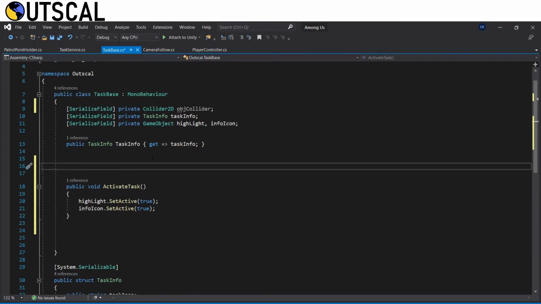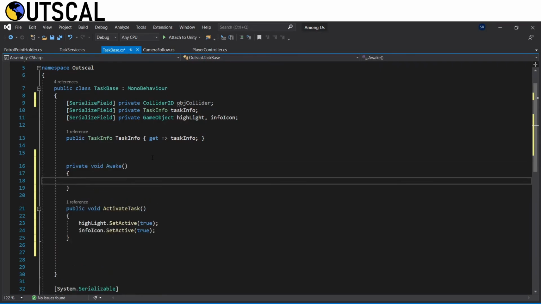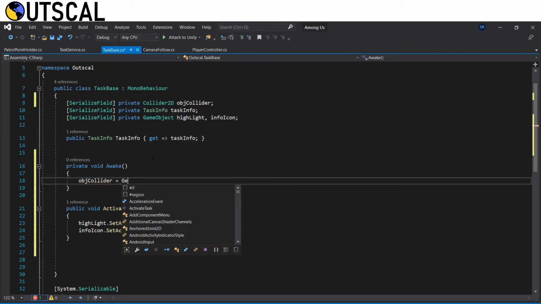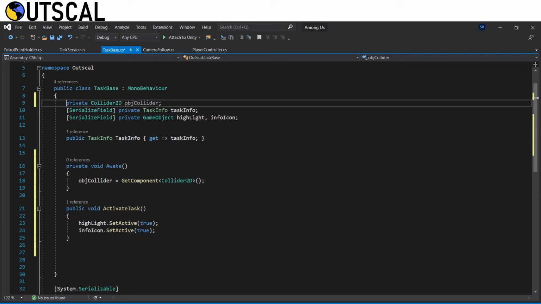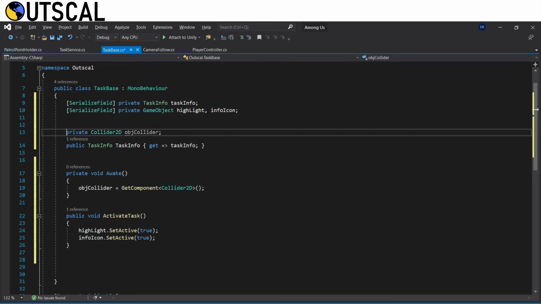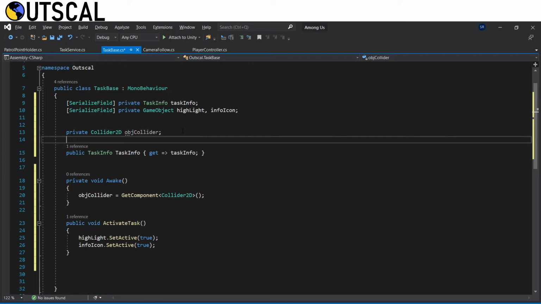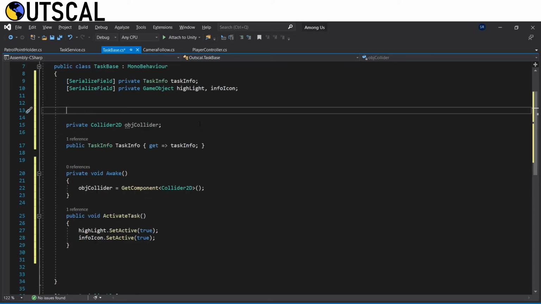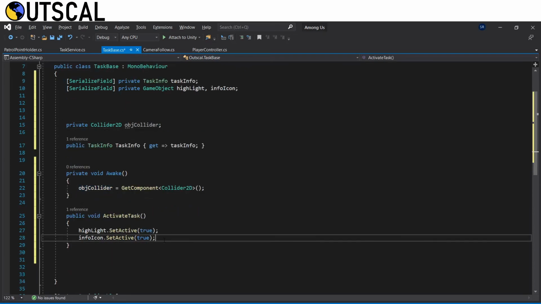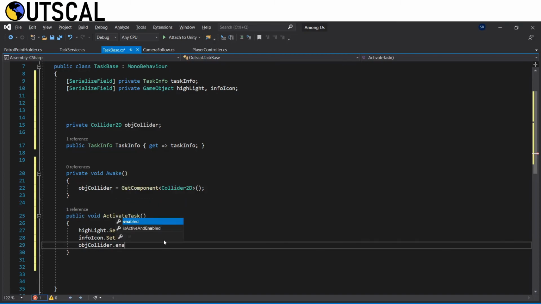Then in our Awake method, we get our object collider, which will be equal to GetComponent Collider2D. Okay. Then in our ActivateTask, we enable our object collider and set it to true.